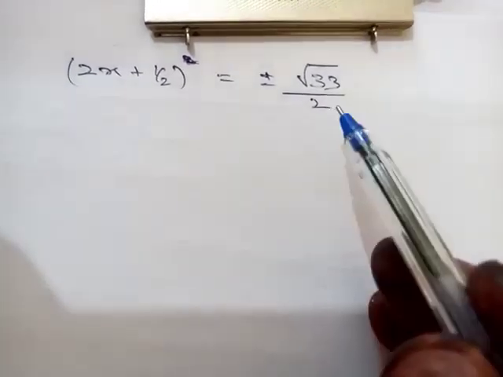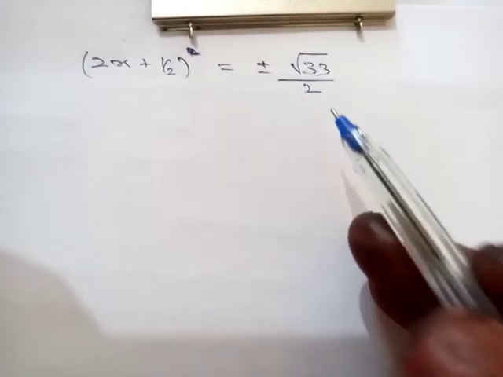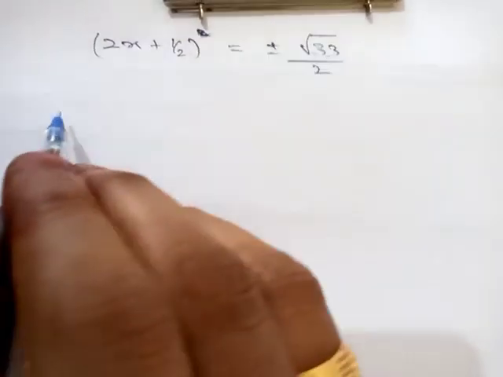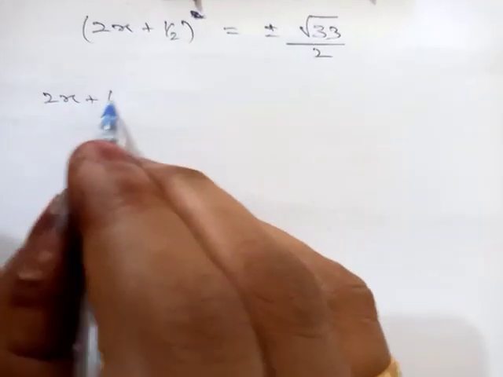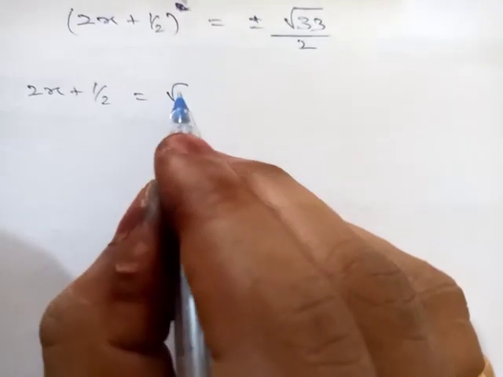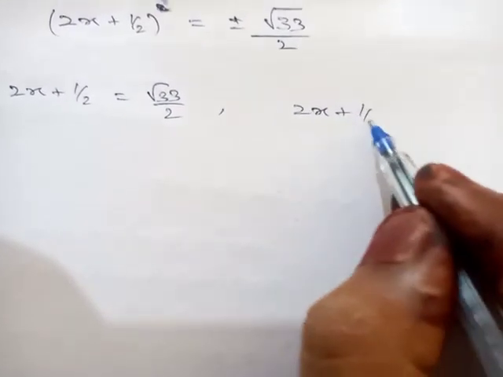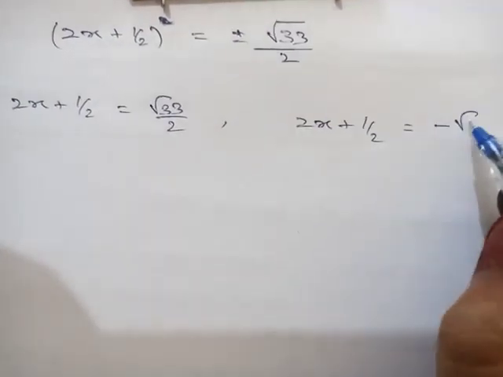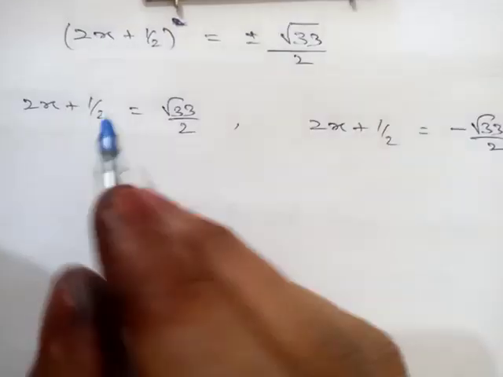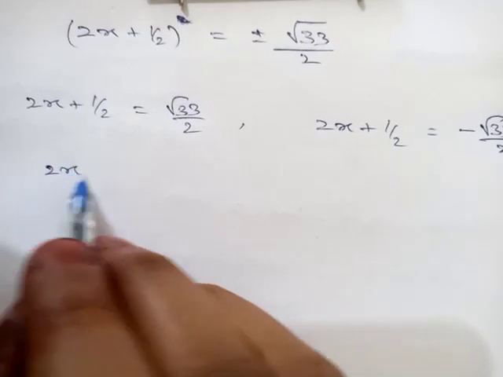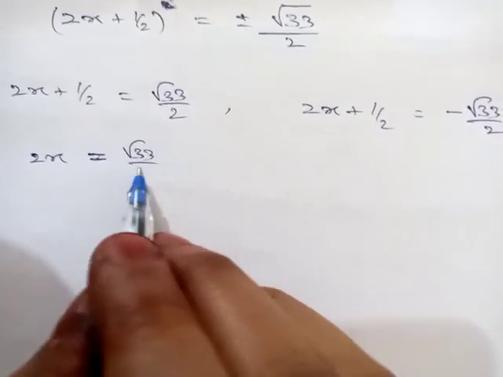4 was there. Actually after taking the square root, 4 becomes 2. 33 we don't know the square root, that's why you write as it is, root of 33. So plus or minus is there. First one, 2x plus 1 by 2 is equal to plus root 33 divided by 2. Second value, 2x plus 1 by 2 is equal to minus root 33 divided by 2. So here 2x is equal to, bring this 1 by 2 to the right hand side, root 33 divided by 2 minus